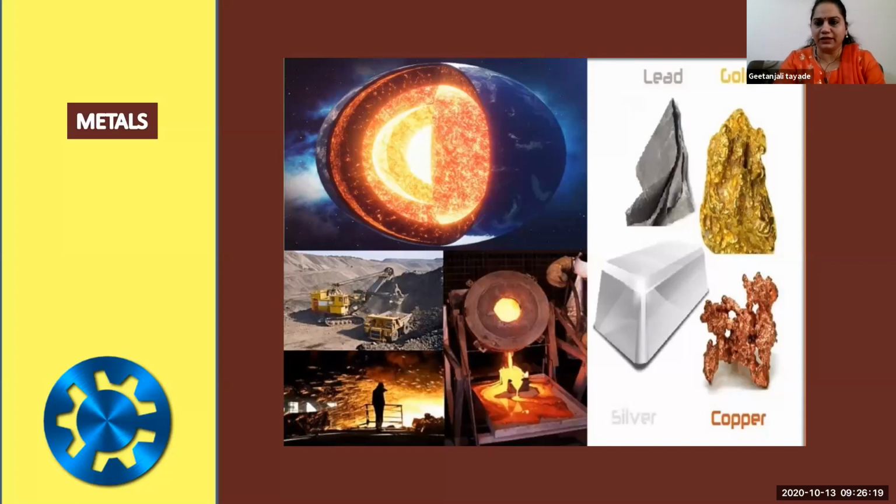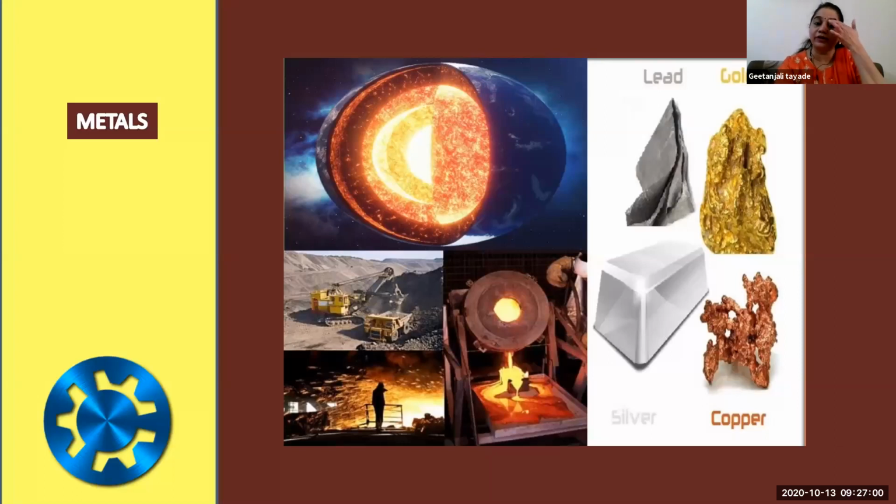Gold, silver, copper, and then bronze, yes, correct. Then nails, hammer. Okay, nail and hammer, they are made up of iron. So iron is the metal and nail and hammer are the objects. Okay, but the metal is iron; they are made up of iron. So iron is again a metal, gold, silver, platinum. These are examples of metals.